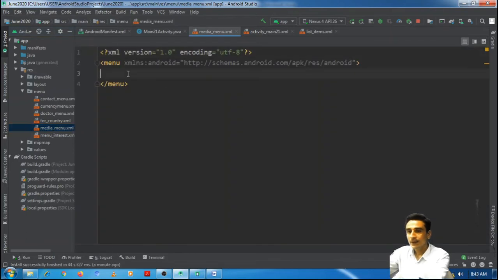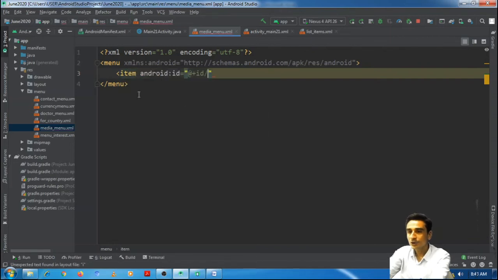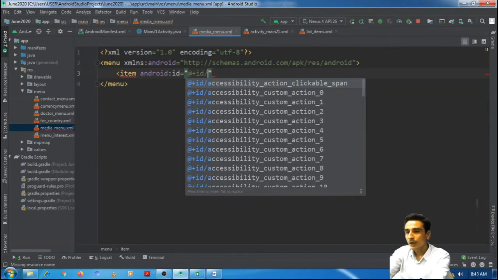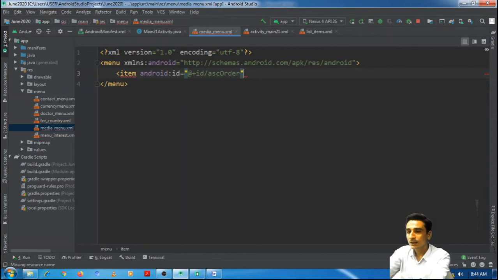Here the item node, then the ID. The ID should be ASC order, okay, and the title should be ascending.